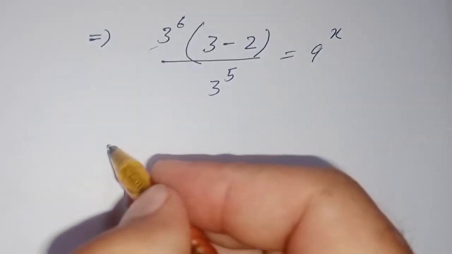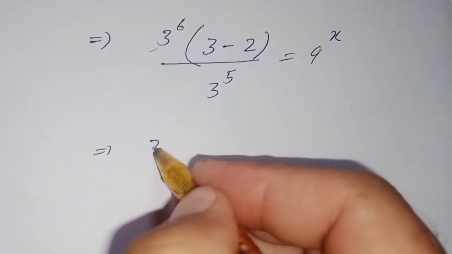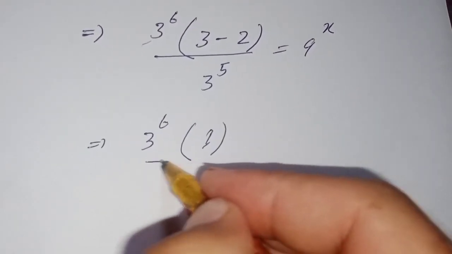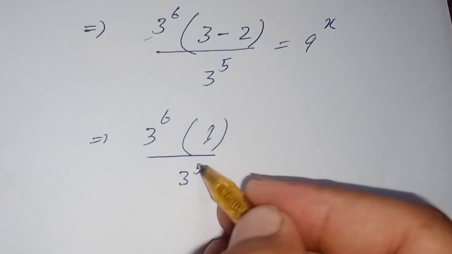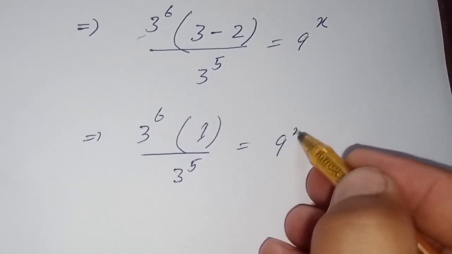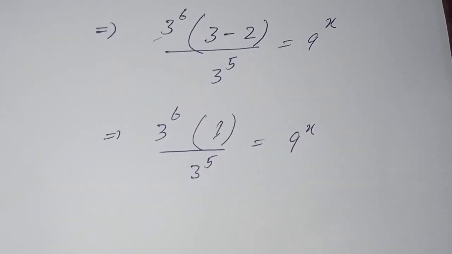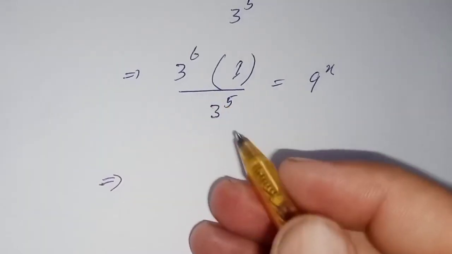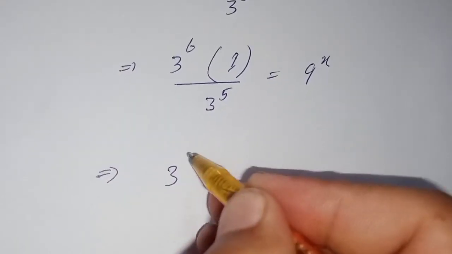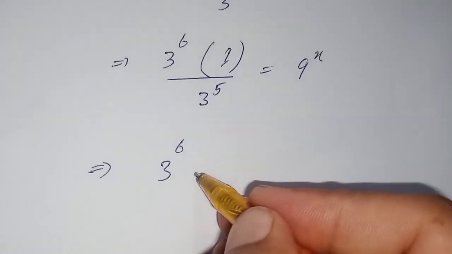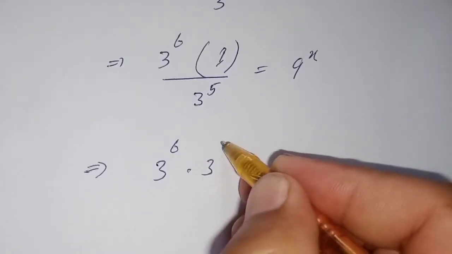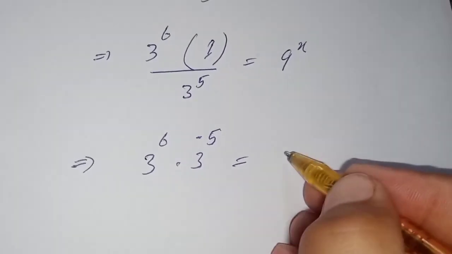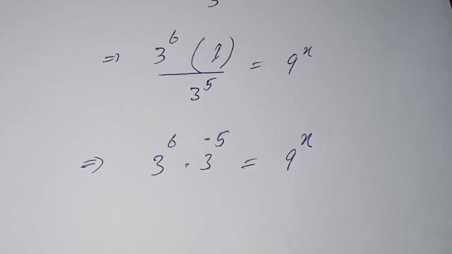So we simplify this expression in the next step. 3^6 into (3 minus 2) is 1, divided by 3^5 equals 9^x. So 3^6 multiplied by 1 is 3^6, and divided by 3^5 goes up, 3^(-5) equals 9^x, because the denominator